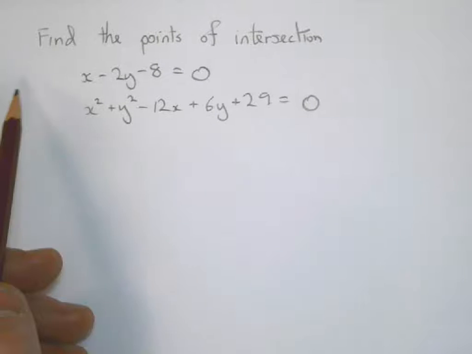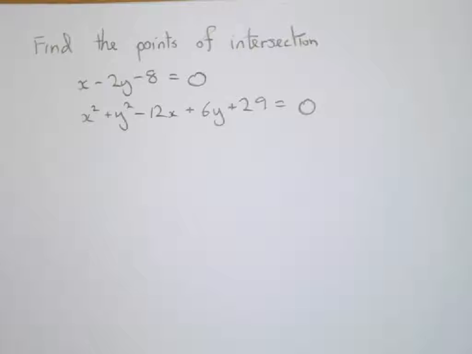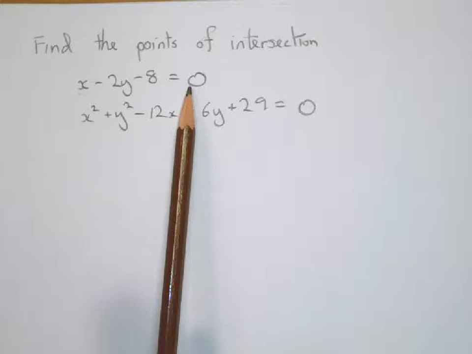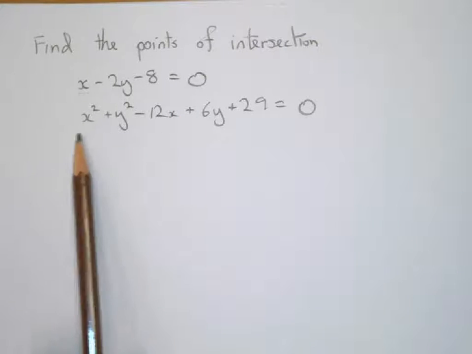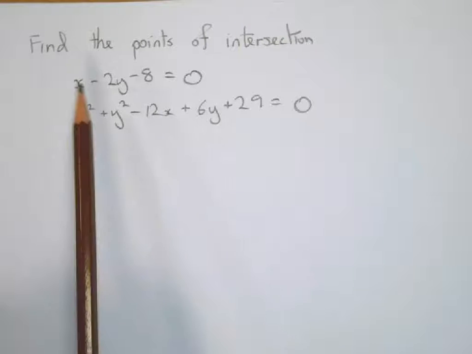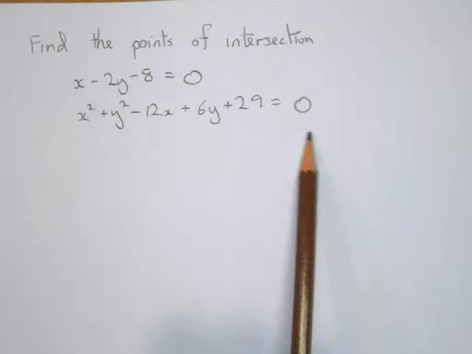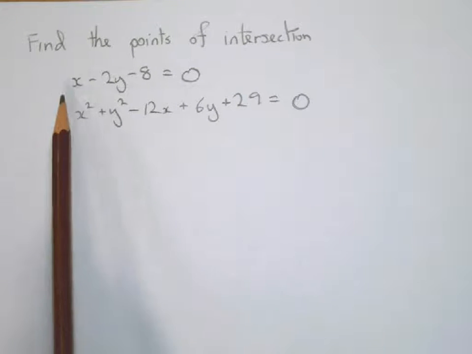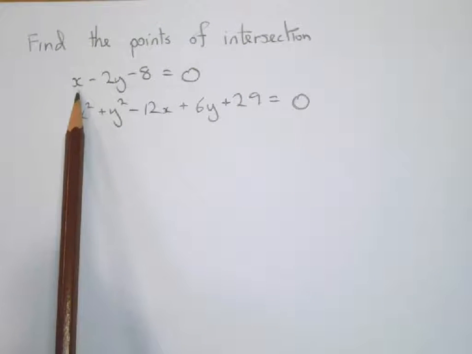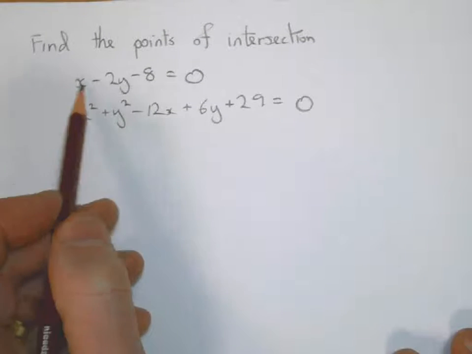In this problem, to do with circles, we've got to try and work out the points of intersection between this straight line and this circle. Now to do that, we have got to substitute the straight line formula into the circle formula. But we cannot substitute that in yet because we've got to rearrange it to have either x equals something or y equals something. So if we rearrange this,